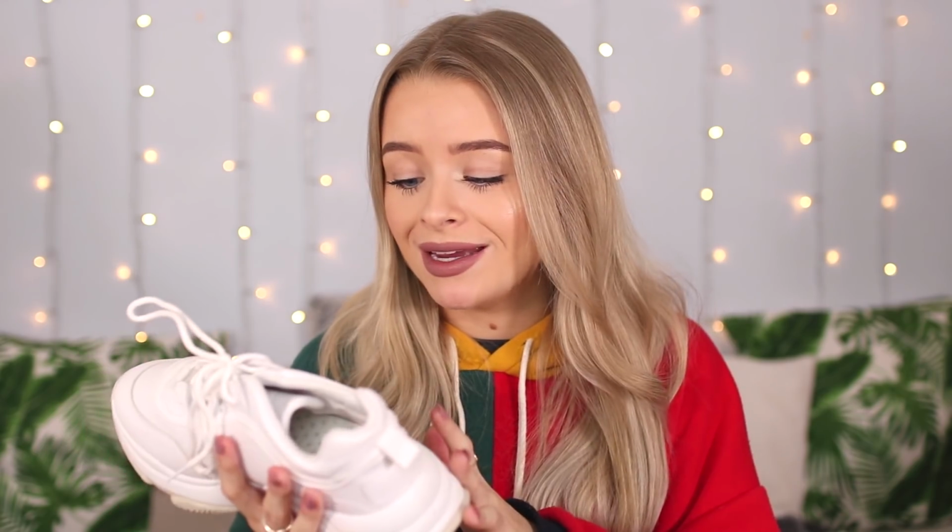And the soles of these are proper chunky and thick, if you know what I mean. I feel like they also give you an extra maybe inch of height if you're short like me, and you want a little bit of a boost, then chunky trainers are your best friend. I also got these ones in a size 5. I think I actually got all of these in a size 5, but again with these ones I would say that they're pretty true to size. I feel like a 4 would be too small on me. Who needs to spend like £600 on a pair of trainers when you can get these, you know what I mean? I do have another pair of trainers to show you guys and a couple more pairs of boots as well,